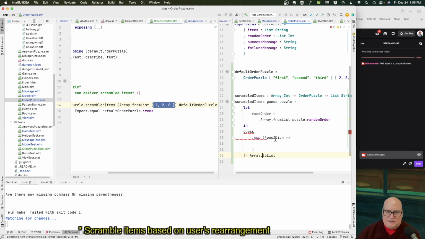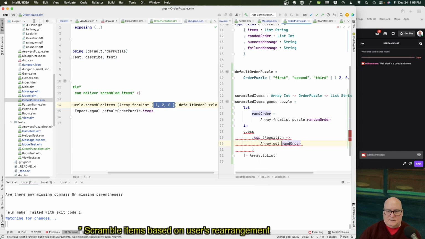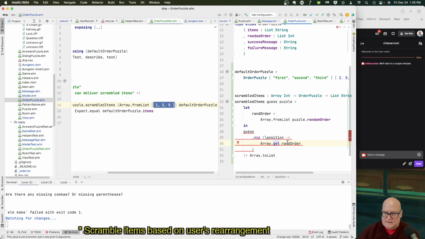We're going to take each position, and I want to look up the rand order subposition, which is rand order. Well, it's Array.get rand order, and let's see, get takes an int. So let's take position